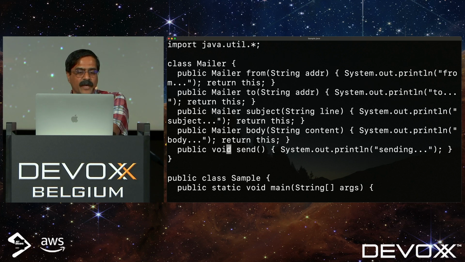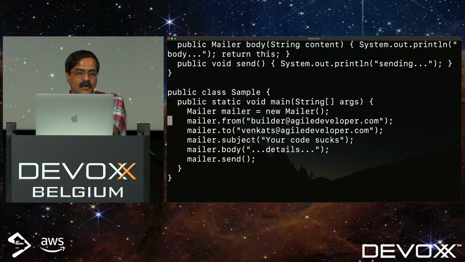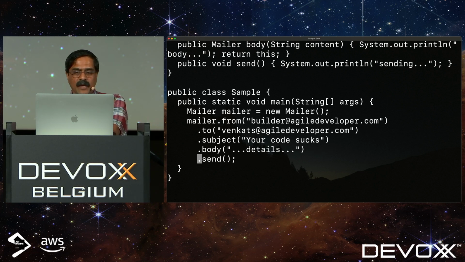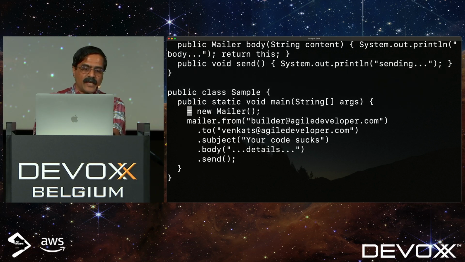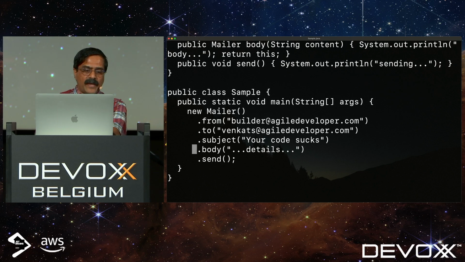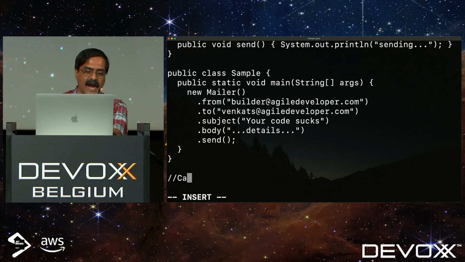So the code is still working, but we can now come back to this code and say mailer from, remove those semicolons, and simply say, here is a mailer, and use a dot on those and cascade them together. In this particular case, we can create a mailer object like so, remove this right here as well, and start cascading them together. So this basically is called a cascade